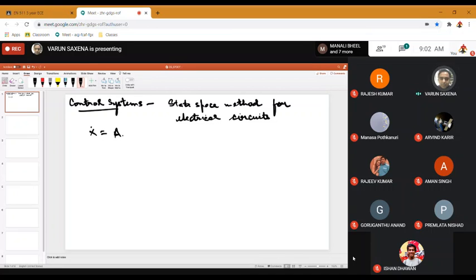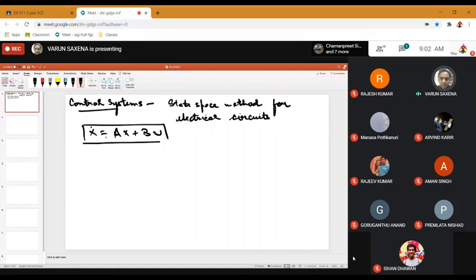So we begin with the state space methods for electrical circuits, and the idea is not really to solve for electrical quantities like current and voltages, but the idea is that we should be able to formulate equations like these. Basically this, because right now we're not considering disturbances or anything. How we solve these equations is going to come a little later in the course, where we'll formulate this and then we'll also solve it. But right now we just have to formulate models.